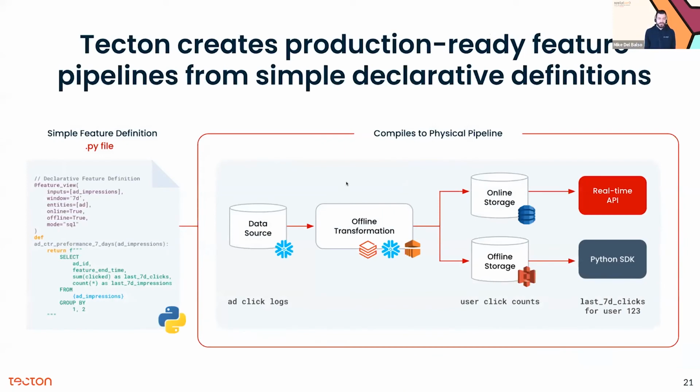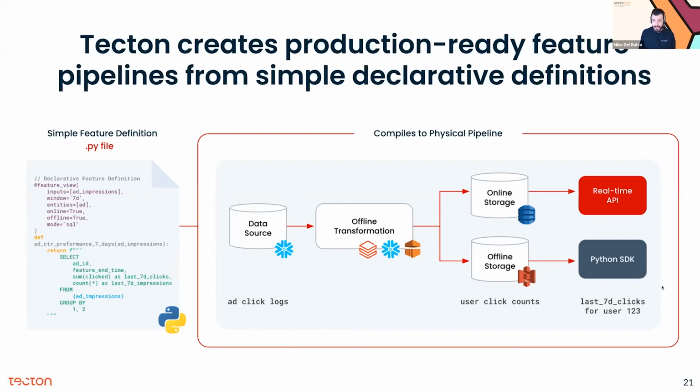So Tecton makes it really easy for someone to provide a simple declarative feature definition. On the left side, this is a feature definition. It's just a simple Python file where you define some metadata. So you say some things about, hey, this should serve online. This should also be available in our offline feature store. You can say who the owner is, a variety of other metadata, and then you provide your feature definition, your feature transformation. What Tecton does is it takes that Python file and it converts it to